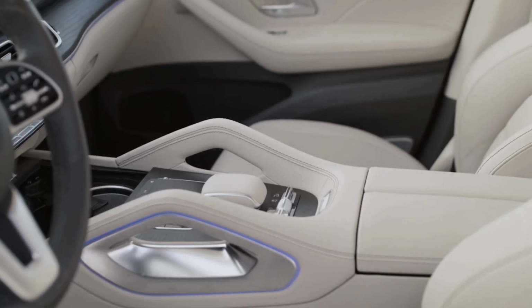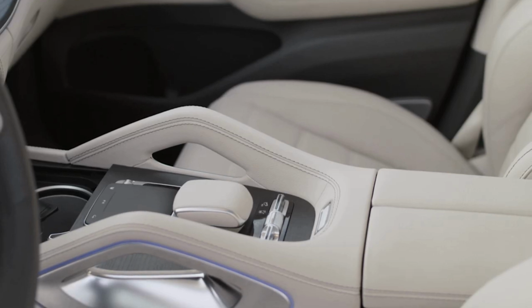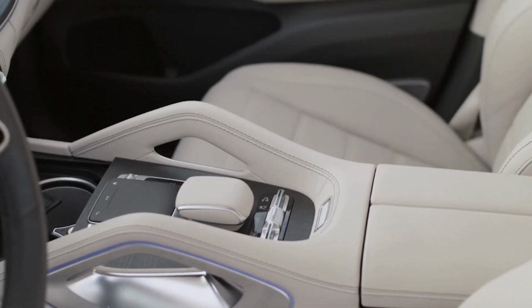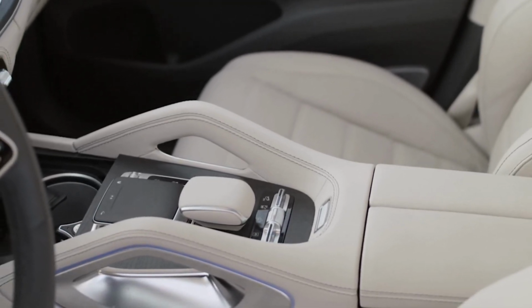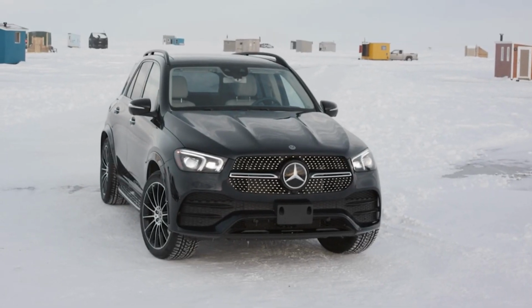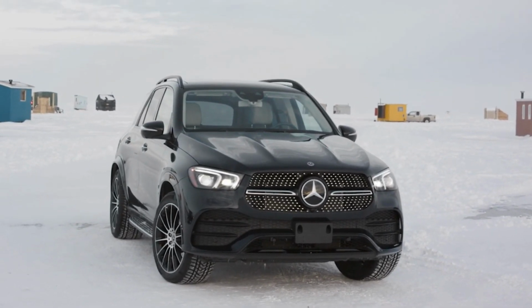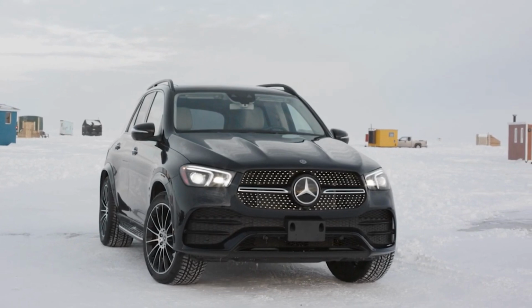The new GLE SUV is fully connected with a digital instrument cluster, touchpad controls, climate-controlled cup holders, and USB Type-C ports available throughout the cabin. Combining advanced technologies and safety systems in a spacious, luxurious SUV, the new GLE SUV demonstrates all kinds of